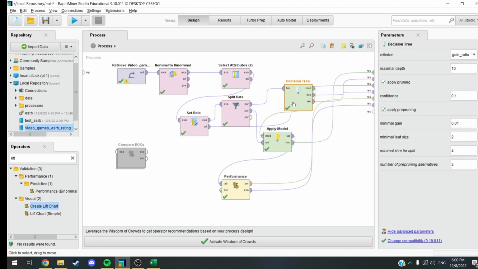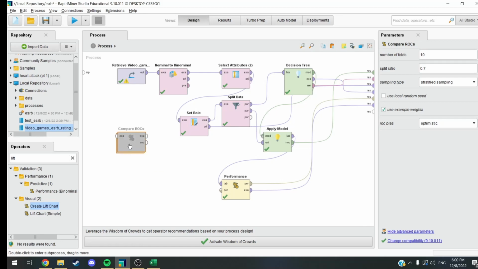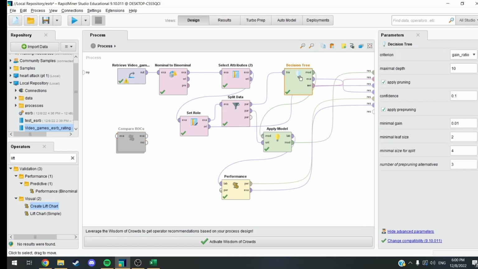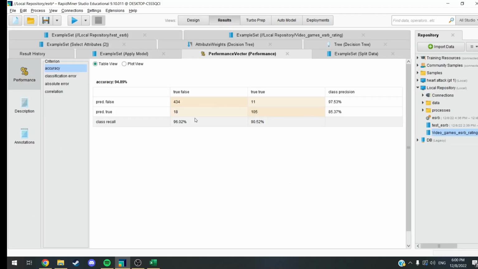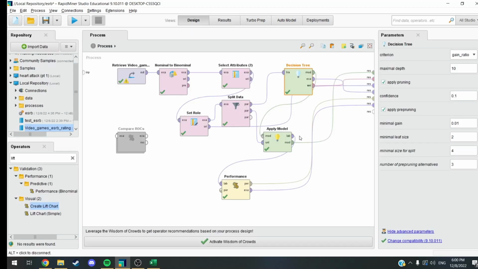So I went with decision tree. There are a couple of options I could have done. I compared ROCs a little bit ago. I have a screenshot of that in the document, but if you look at this, you'll see that the decision tree is better than the logistic regression, and it was better than the naive Bayes too, because both of those, when we go over to the results here, had lower scores, which is not good. That's our main concern, but let me finish this before I get into that.